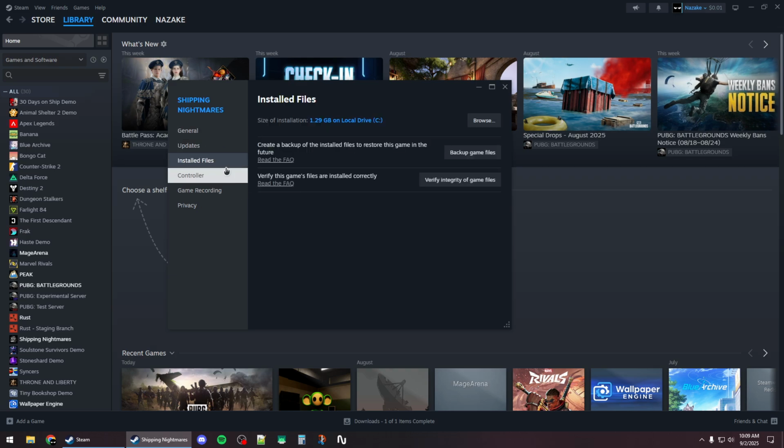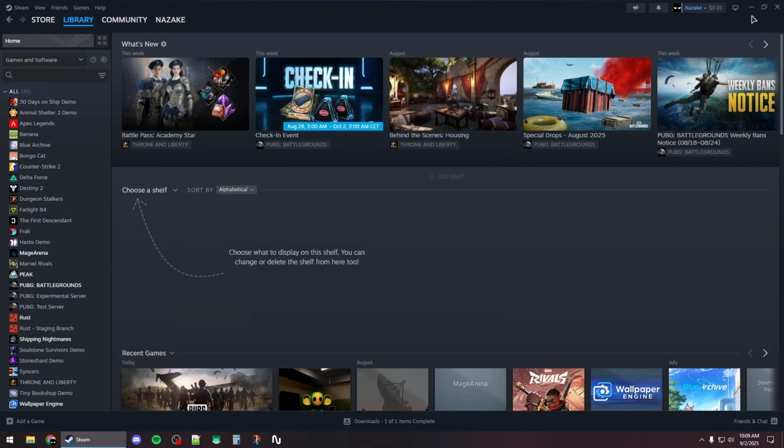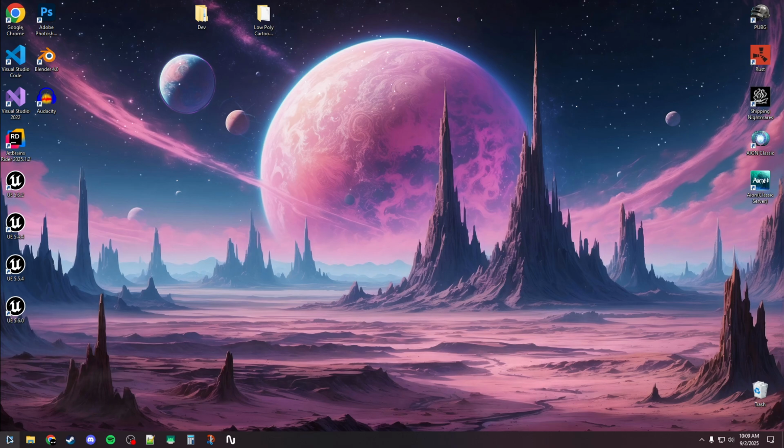And then you want to go to the installed files and click on this button, verify the integrity of game files, and wait for this process to finish, as it might take a while. Now once this is done you can close out of this window and close Steam,